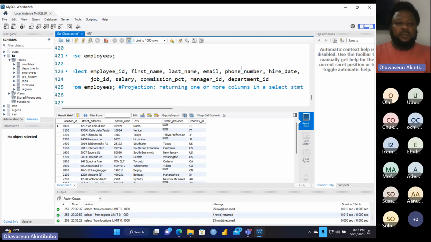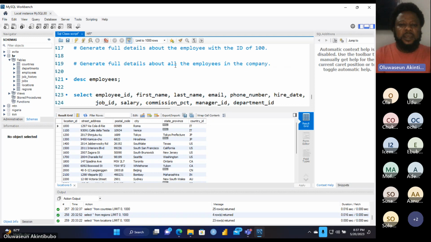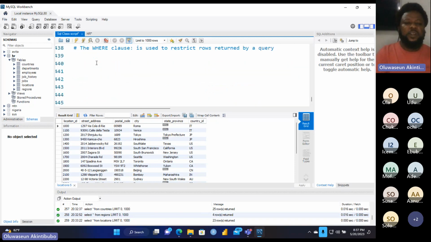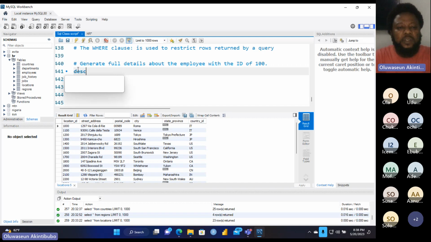So let us look at a business case that we ran earlier. Good. Let me copy this business case now. We now have use for it, so I'm going to drop this business case here. It says generate the full details about the employee with the ID of 100. So basically, what do we do? We go back to